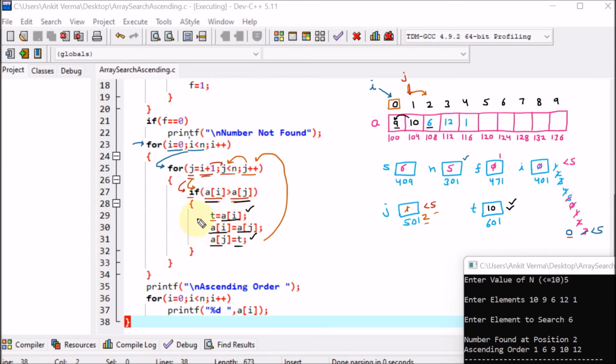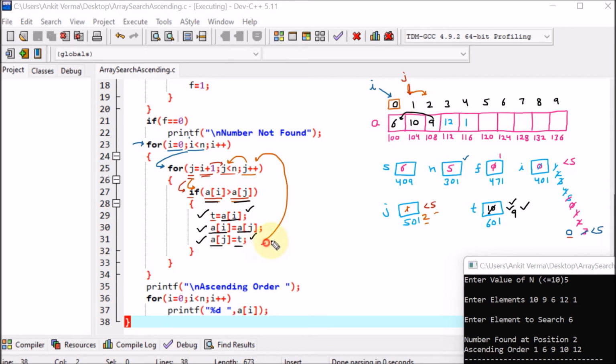That is perfectly fine. So here now we are going to swap these elements and we know that with the help of t we are going to swap. So first of all the value of ai will be stored to t. So here the ai value is 9. So here the 9 value will come here. Then afterward ai equal to aj. So here this 6 value will come and take the place of 9. Then afterward aj is equal to t. So here inside this 6 we are having the new value which is 9. So we can see that these values are swapped with each other.